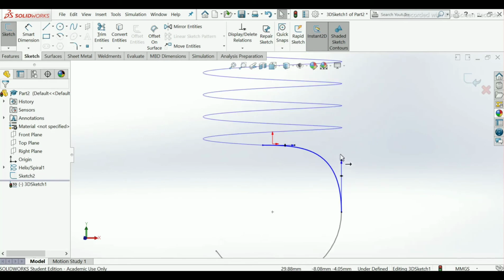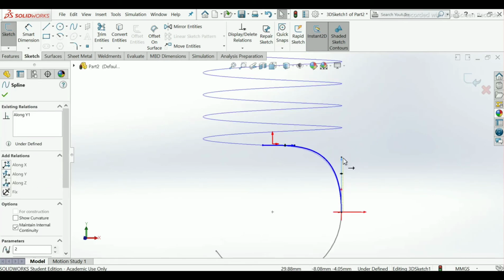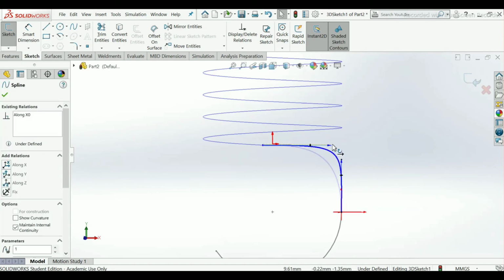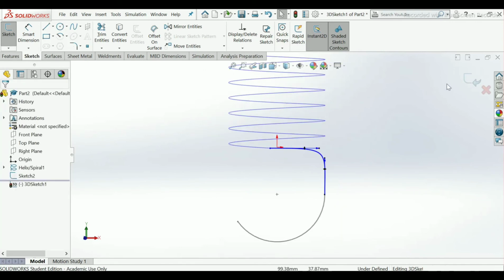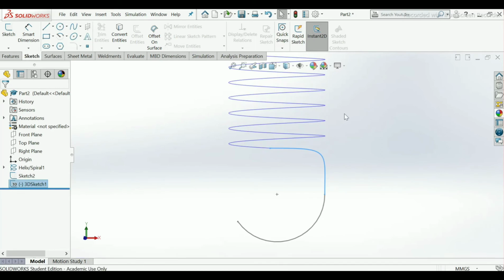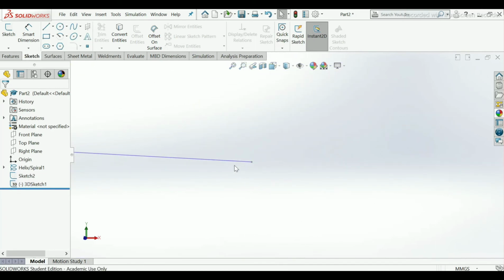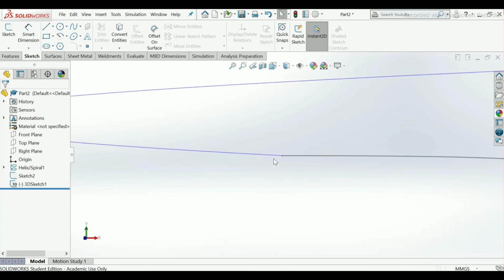You can extend also, adjust this by yourself. Exit. Now see both the arcs have joined here or not.